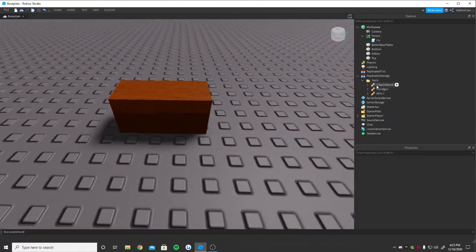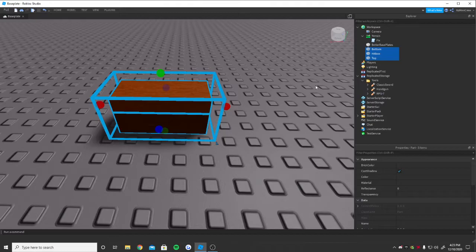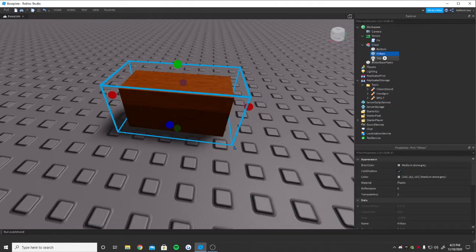After you do that, I'm gonna group all 3 of this. So I'm just gonna select them and press Ctrl and G. It will group them, and we can call this whatever you want. So I'll call it chest, and inside of that, this hitbox,